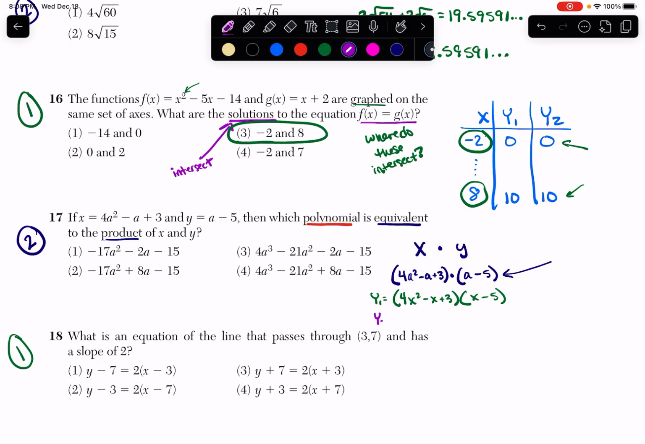And in y2, I am going to do our favorite activity. I am going to put in all of the answer choices, once again, making the a's x. And I'm going to look for which answer choice makes my tables match. So if I do that,